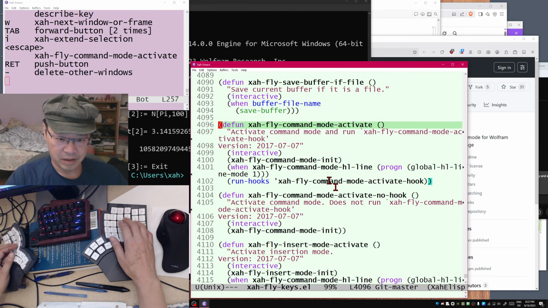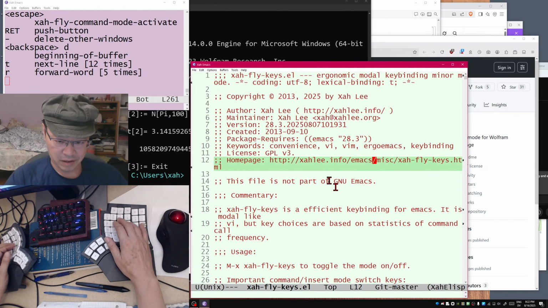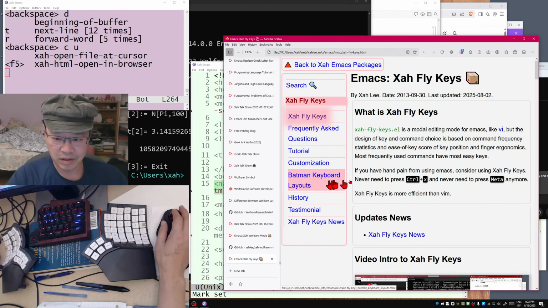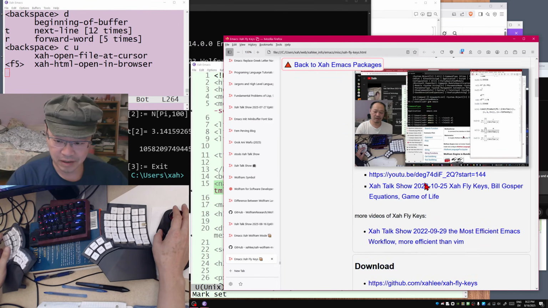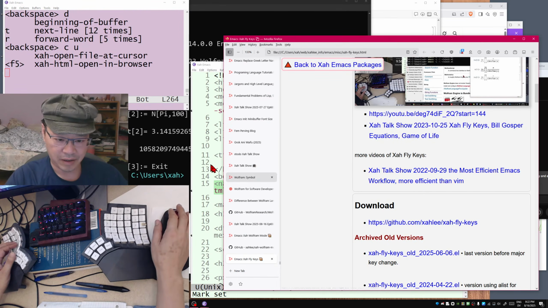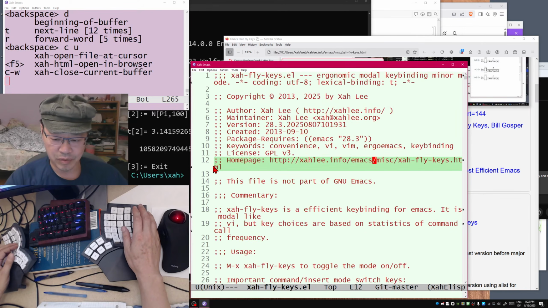Let's go to the top. It's on this home page, showing the browser. It's a key binding system for Emacs. I have tons of videos about that. Okay, so anyway, let's go back to